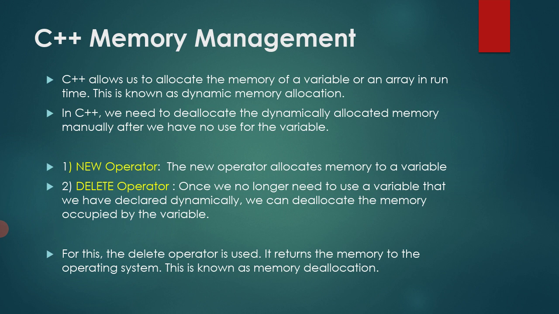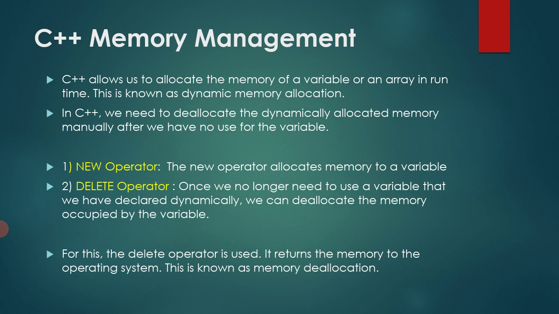In C++, we have to allocate memory to the variables. Similarly, we also have to deallocate the memory from the variables that we have already allocated. So this is how we have to manage the memory. So students, in C++ we have to allocate the memory as well as deallocate the memory of the variables. Both these methods of managing the memory come under memory management.